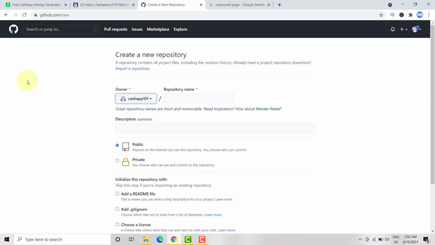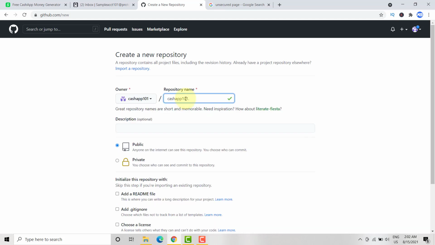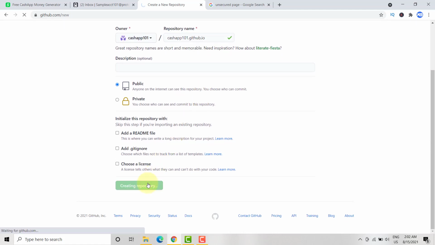Right, as you can see, now you are going to put in the same name you want to have for the page, which is going to be Cash App, just like our username, but now we are going to add .github.io. Alright, you want to make sure after including the same username, then you must include .github.io. So once you've done that, then you click on create repository,